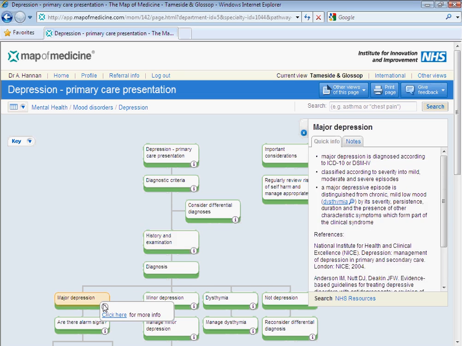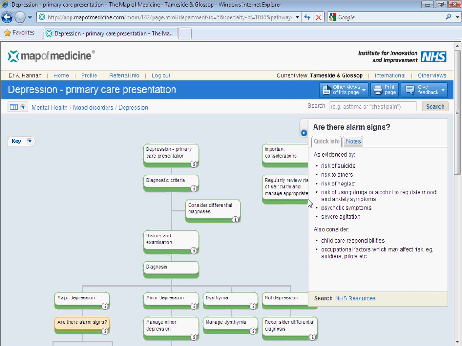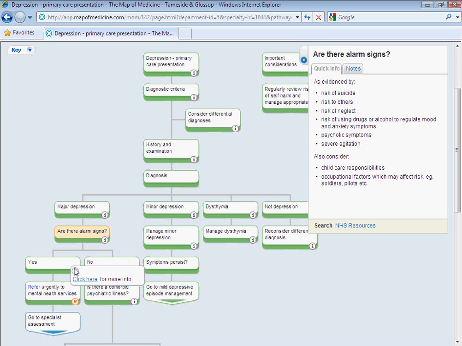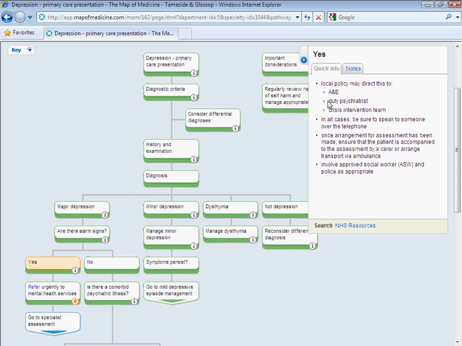I've decided this patient has depression and it's major depression. Are there alarm signs? And I'll be checking here whether the patient's got risk of suicide, risk to others, risk of neglect, risk of using drugs or alcohol, static symptoms or severe agitation, which the patient does have. Because of that, I click on yes, and it's now advising me that in all cases be sure to speak to someone over the telephone. And at this point, I'd pick up the phone, speak to the A&E liaison nurse and ask for her further